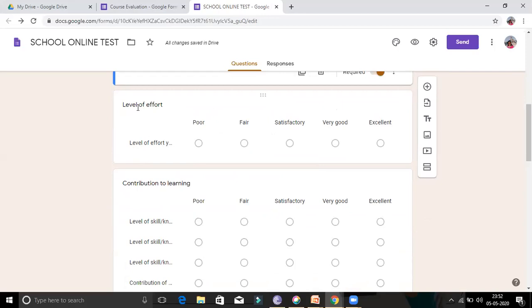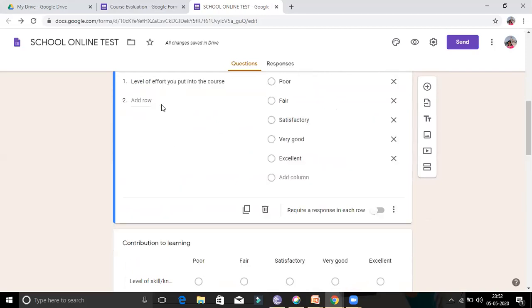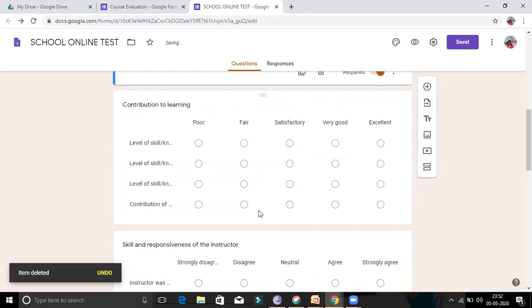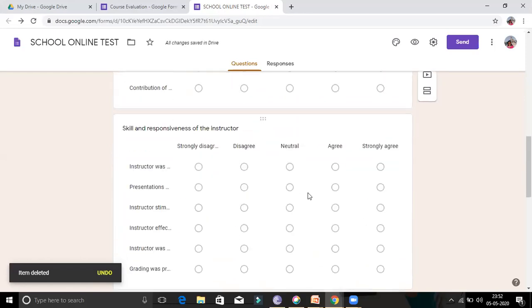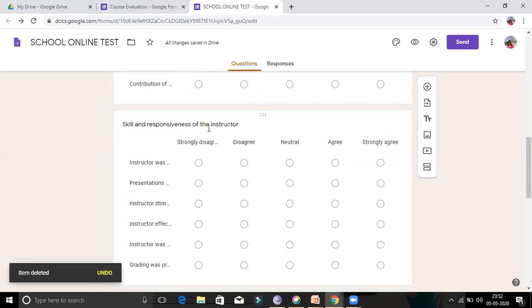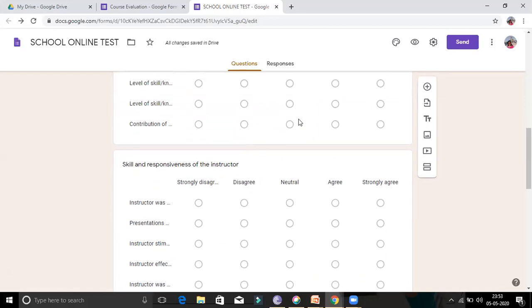You can write text here. This performance one is not required, I am removing this, and this is also not required. Many predefined multiple-choice radio buttons are there that you need to remove.